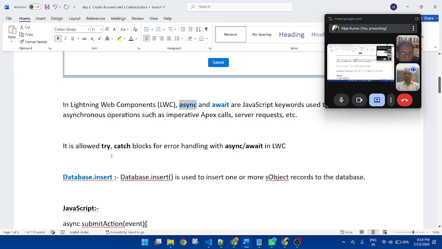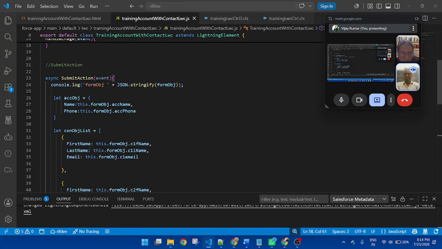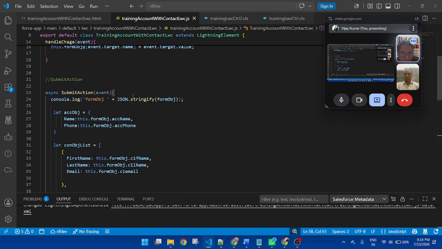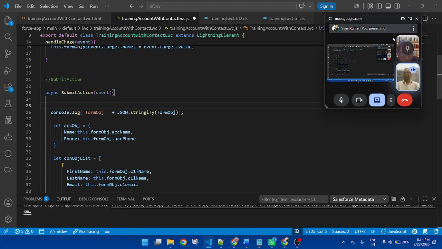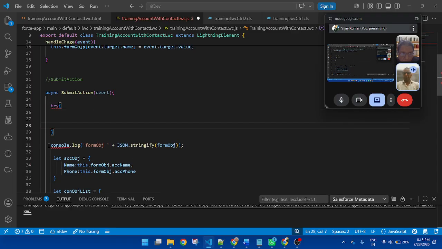If you are applying async and await, it is always advisable to use try and catch. So inside this method, this is the start, close from here. First of all, here we apply try inside this method. This is a try. So I will cut from here.